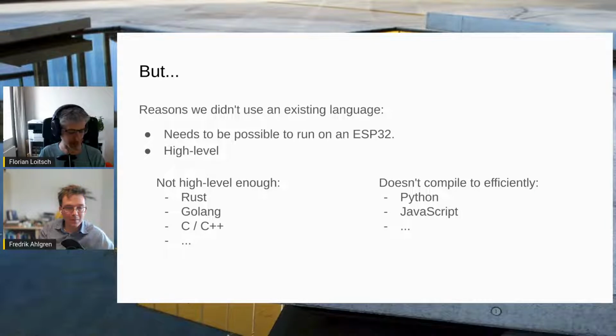Again, as you just said, the big but, wasn't there any other language that would have fit the bill, or was there no other way of doing this? Did we need to do a new language? I think you can clearly argue that no, we didn't need a new language. We could have just taken an existing one and adapted, maybe removed the parts that aren't working nicely and so on. But if you do that, you end up with a language that is different anyway. You need to learn what are the differences. You cannot necessarily use all the packages that exist because they might not work with your system. And